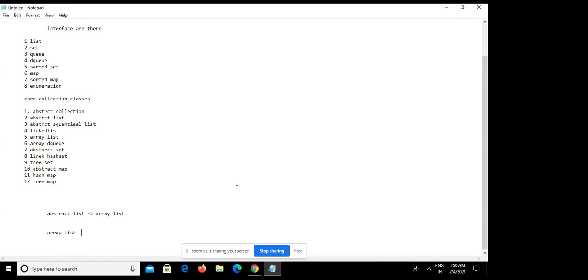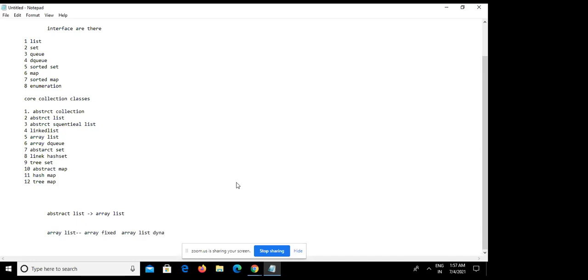So Java ArrayList is basically... Why did ArrayList come? First question: we already have the array, so why ArrayList? Because ArrayList gives dynamic size. If I define an array in Java, it is fixed size and we cannot change it. But in ArrayList we have a dynamic size.